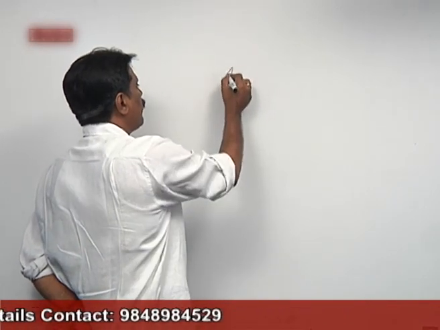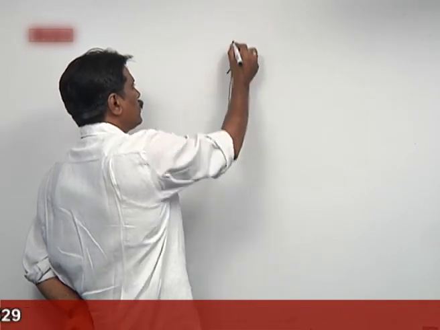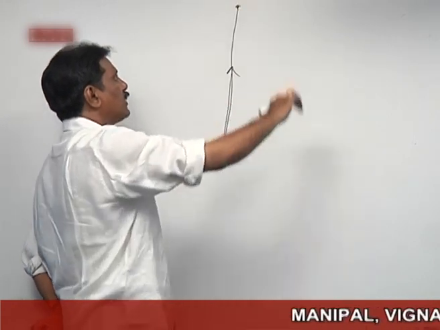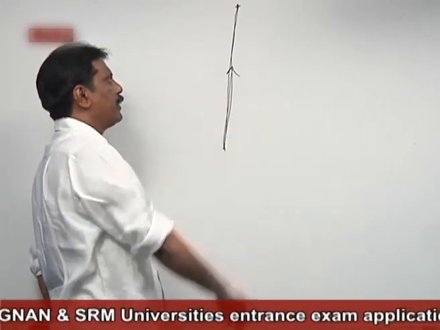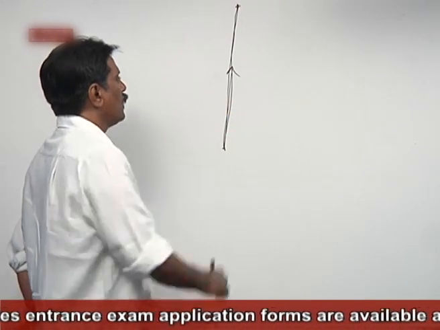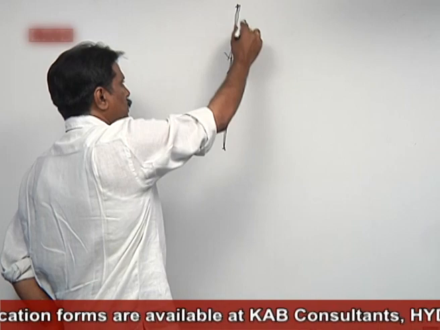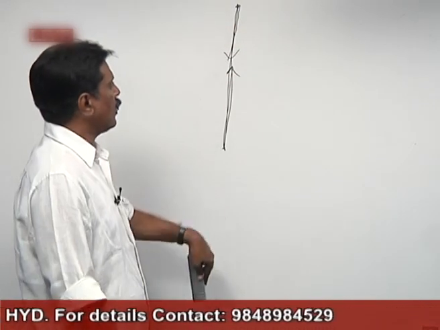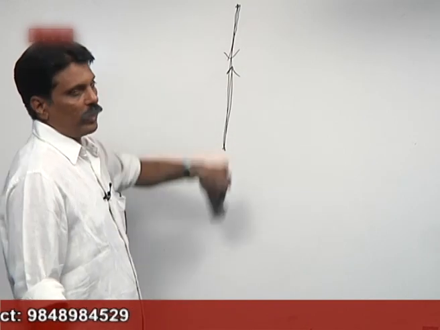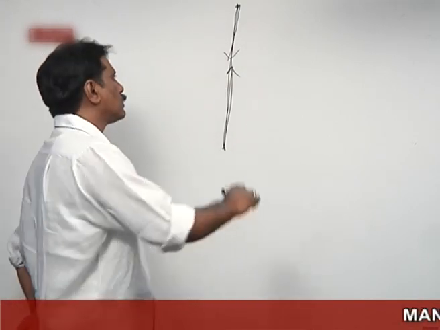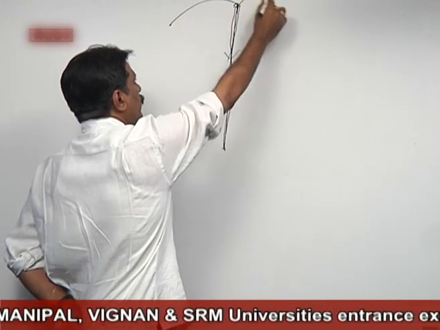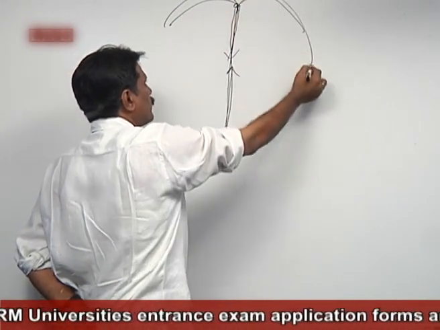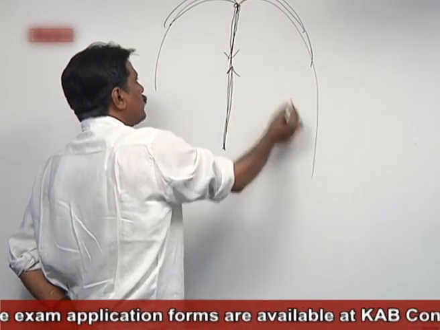Suppose you throw a Diwali rocket like this. If it goes to some height and by chance if it does not explode, then it comes back like this. That means the center of mass also travels in a straight line downwards. If it does not explode, then the center of mass falls down as the rocket is falling down in a straight line.